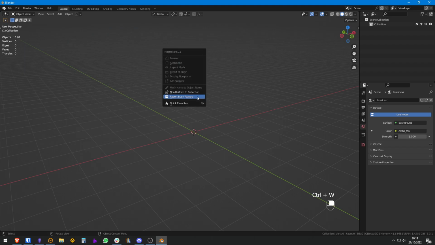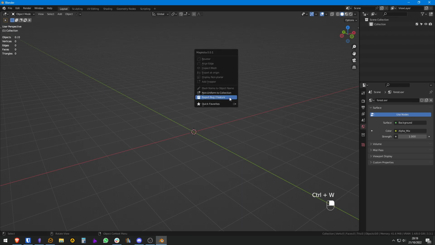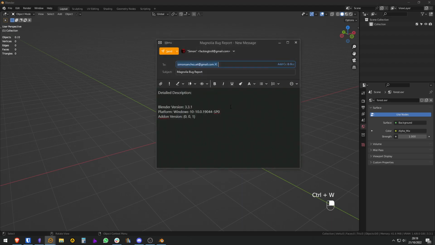The first mini feature that I'm going to showcase is Report Bug or Feature, which is used mostly, as I've said, either to report a bug or an issue that you have, or to request a feature to be added to the add-on. So if you bring up the menu with Ctrl W and you click it,